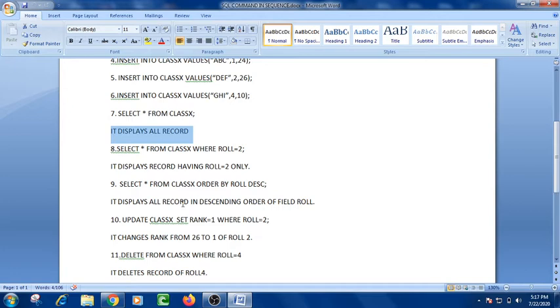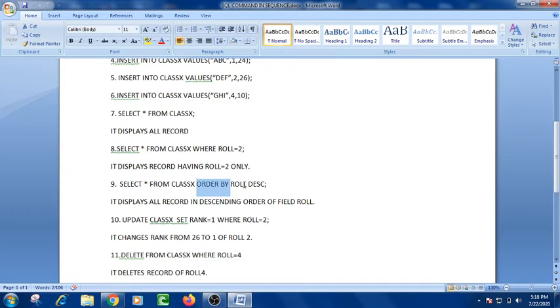First, for example, if I want to see the records in the descending order of the roll number or in the ascending order of the roll number, or we can also see the records according to the descending order of the name or the ascending order of the name, then we can use the command ORDER BY.